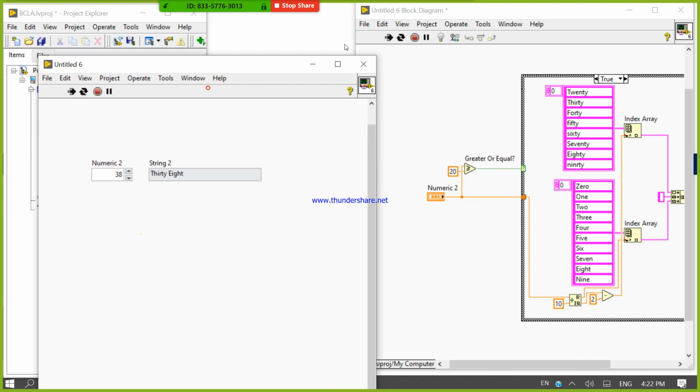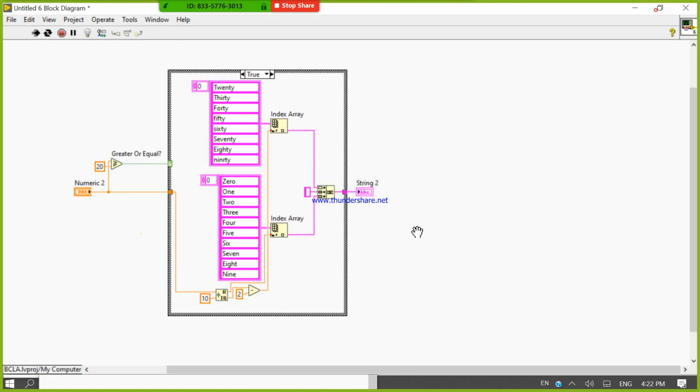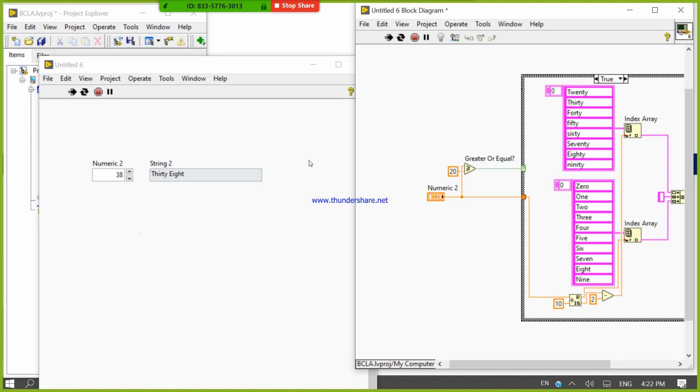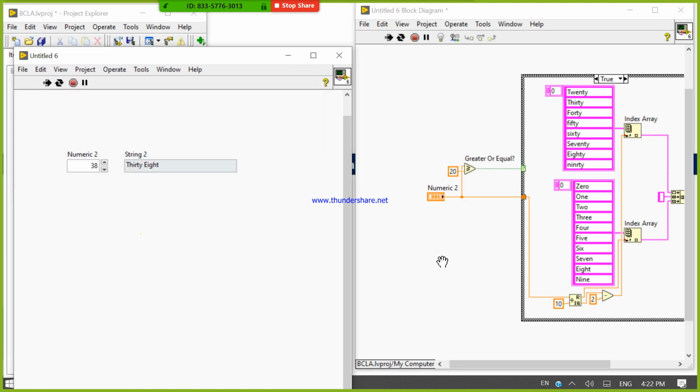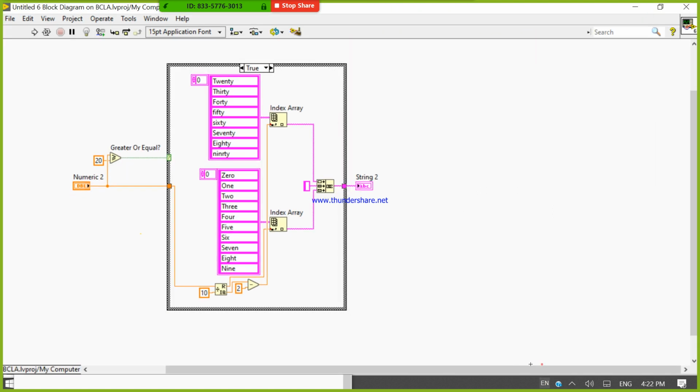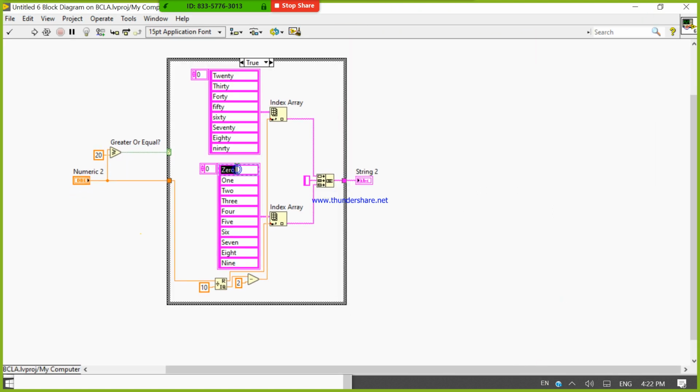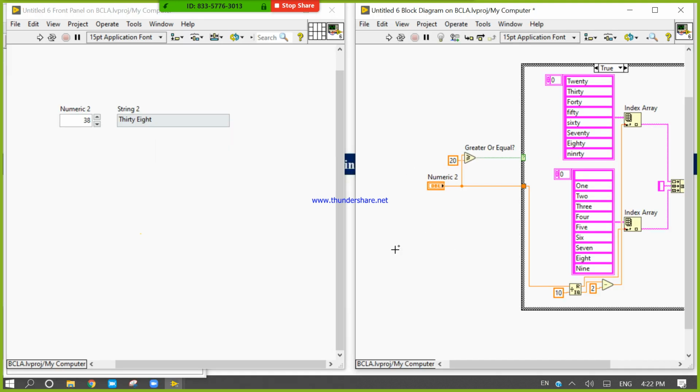So now it's good. So by using this program you can generate your number from 0 to 99. To resolve this thing, space, delete, okay. Now if I will place here 40, then it will be only 40.